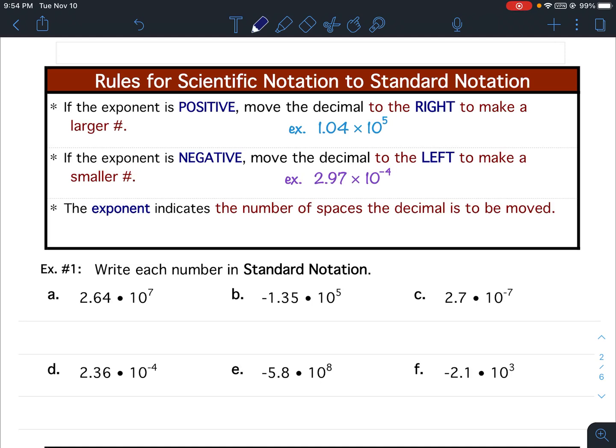Scientific Notation Lesson 5 Notes. Rules for scientific notation to standard notation. So we're going to go from, they're going to give you the scientific number, and you're going to change it